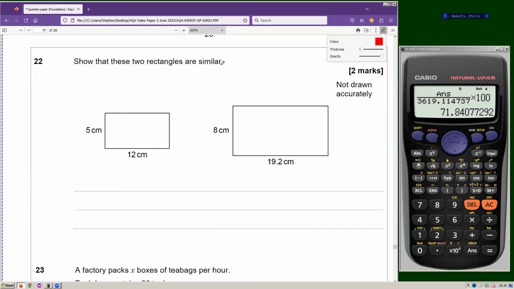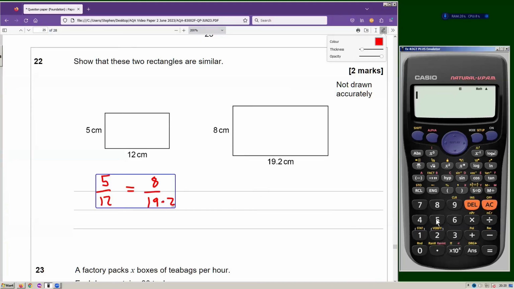Show that these two rectangles are similar. Well, for them to be similar, the same angles, they can be different sizes, which we know about, but the sides have got to be in the same ratio. So all we have to do is work out the ratios. That's all. So we can just go 5/12 equals 8/19.2. Does it? 5/12 equals